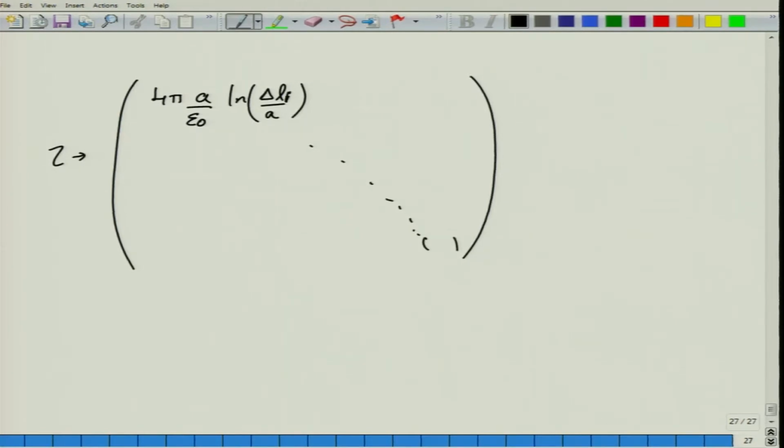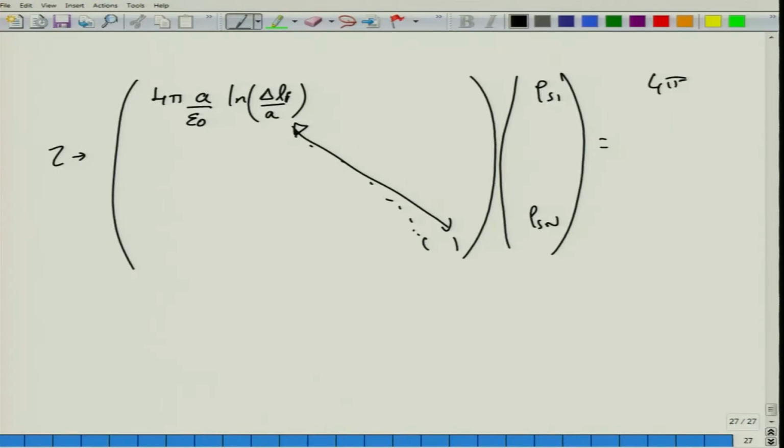This is the modified Z matrix, which will not have infinities on the diagonal elements because we have removed that infinity. The unknown vector rho s1 to rho sn remains as it is. The right hand side vector, 4 pi epsilon 0, also remains as it is, and you can now apply any matrix solver to solve this matrix,